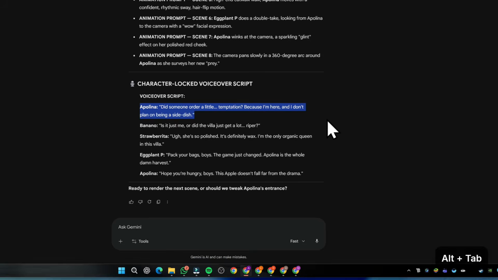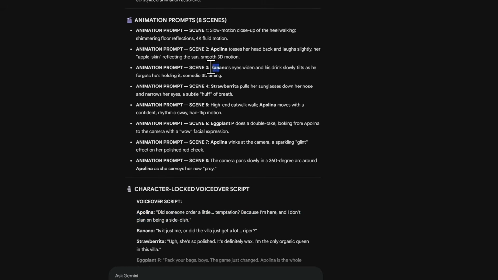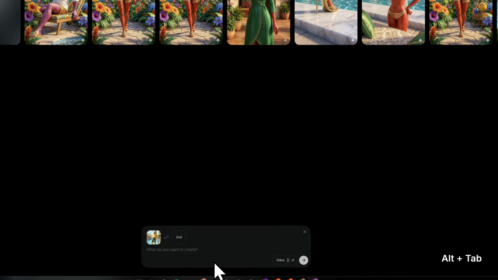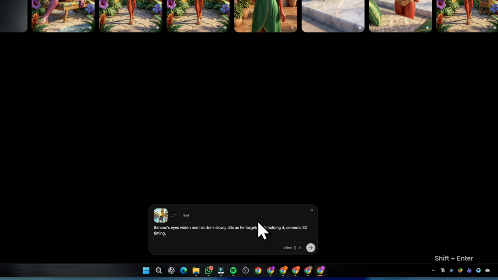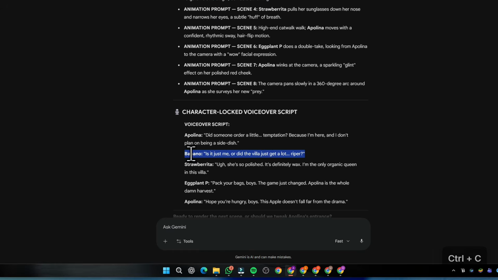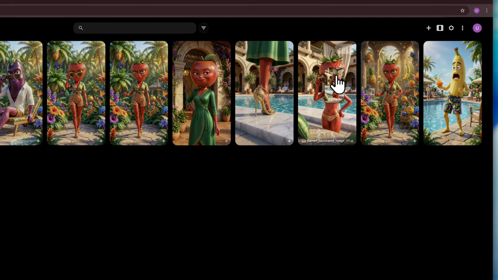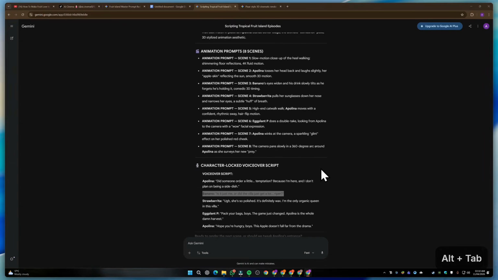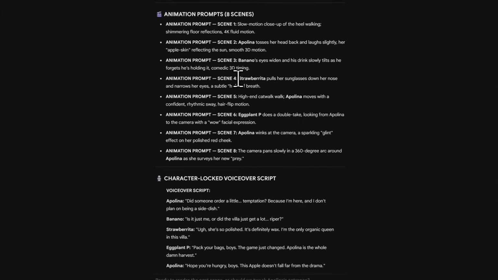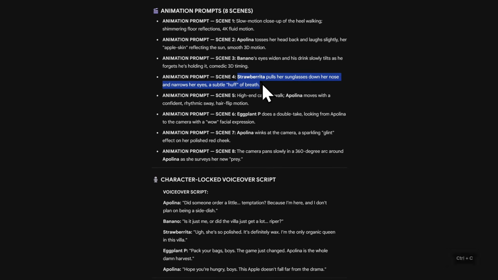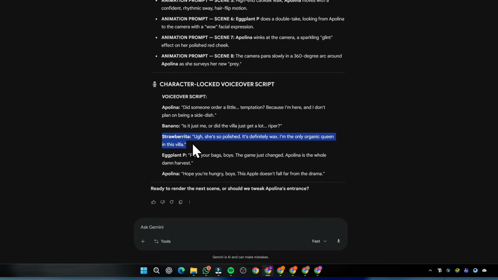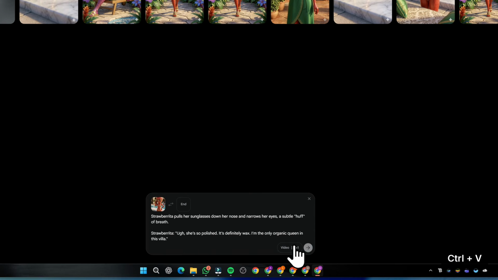Which was this, and the third prompt was of bananas, this one. Copy this, paste it right over here, and also the prompt, which was this one. Click on submit, and then we're going to start with our fourth one, which was this. Simply drag it to add start frame, and then we're going to copy our fourth prompt, which was this, and we're going to also copy the dialogue of Strawberryta, paste it right over here, click on submit, and then we're going to start